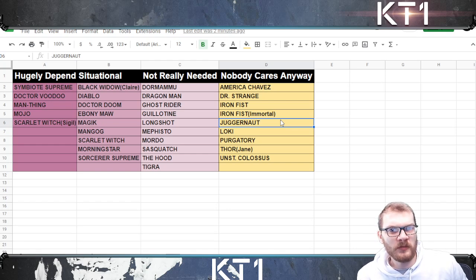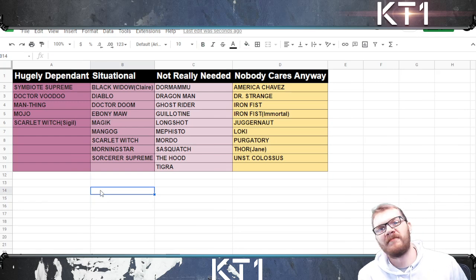to perform without buffs, without Mystic Dispersion. But then, if opponents do have buffs, and if you do have Mystic Dispersion active, you get a significantly more powerful version of those champions. And now we have the last group of hugely dependent champions, and that is the group that